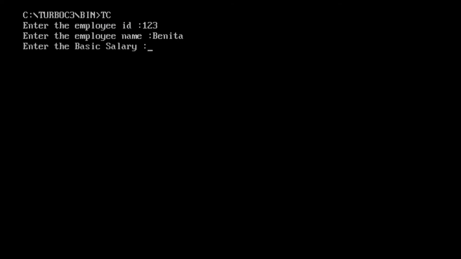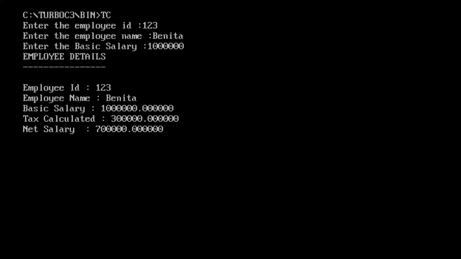What will be the next term? If we have the salary as 10 lakhs, then it has to calculate and show the employee details, right? Somewhat okay, no? But now the problem is, after the decimal, how many zeros are being displayed? That we don't want, because it is float. The precision is giving six digits.